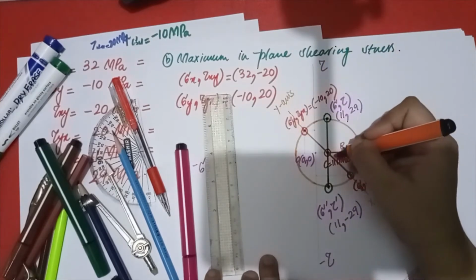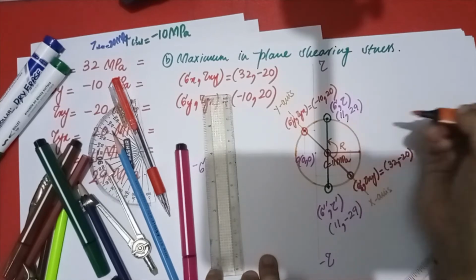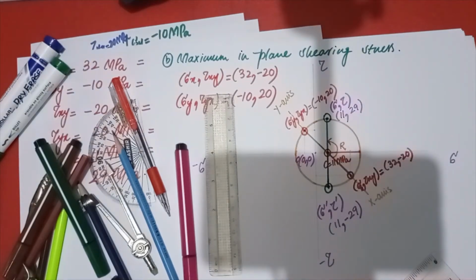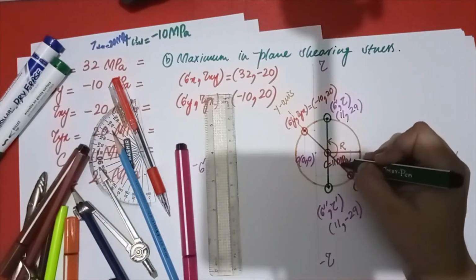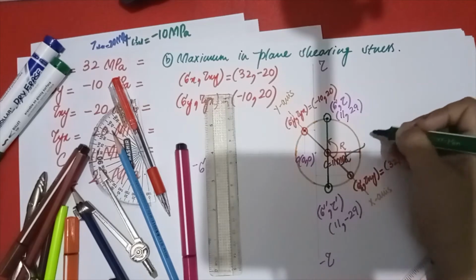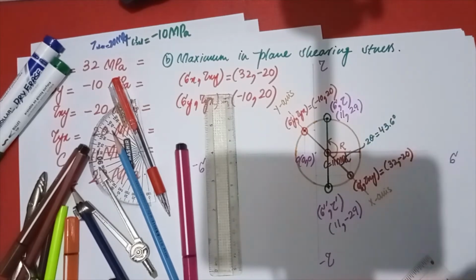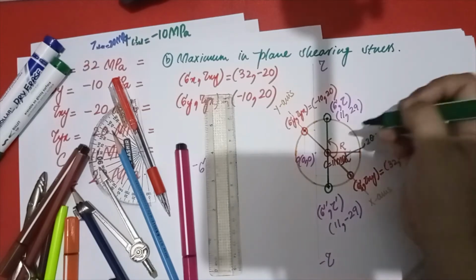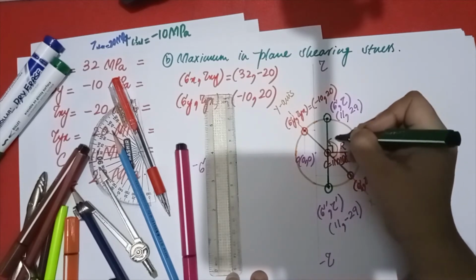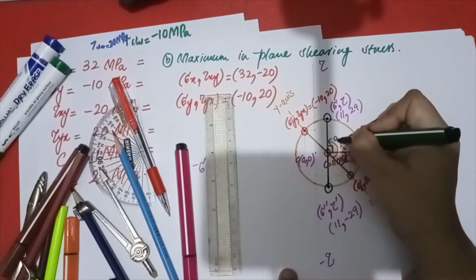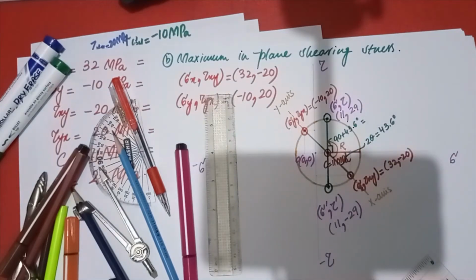So what you have to do, you need this angle towards maximum shear stress, and how much will this angle be? So let me tell you, we got this 2 theta here. 2 theta is equal to 43.6 degrees, which we have calculated in part 1. So this should be 90 degrees. So when I add 90 degrees plus 43.6 degrees, what will it be?